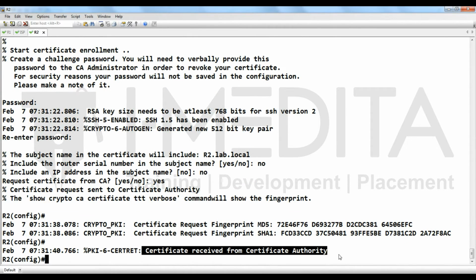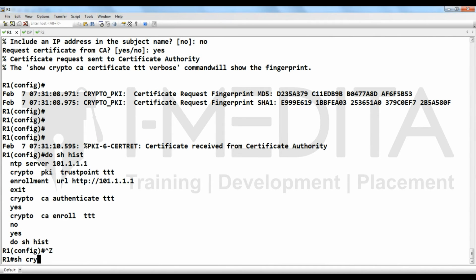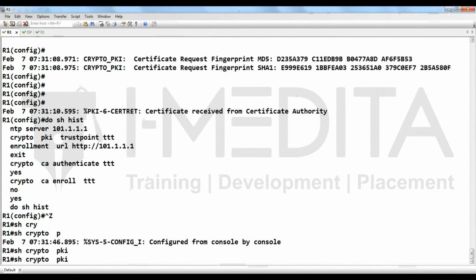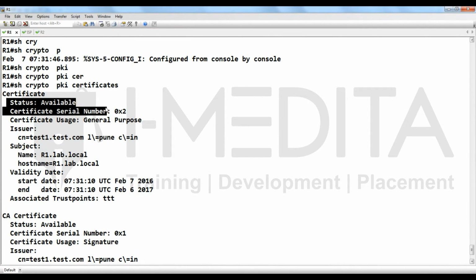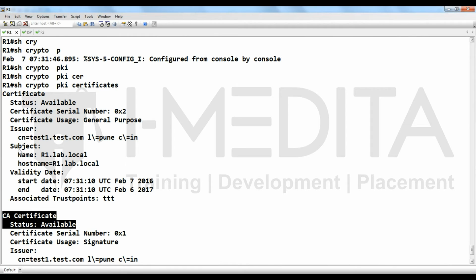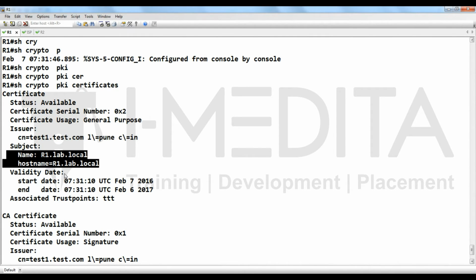Certificate received. Show crypto pki certificates. Certificate status is available, and the CA certificate is also available, with the issuer name to whom it was provided.